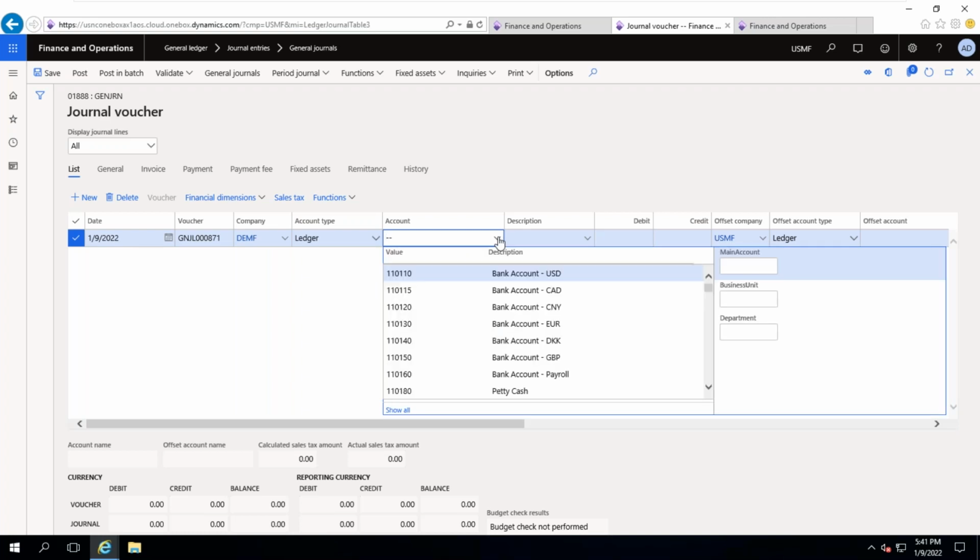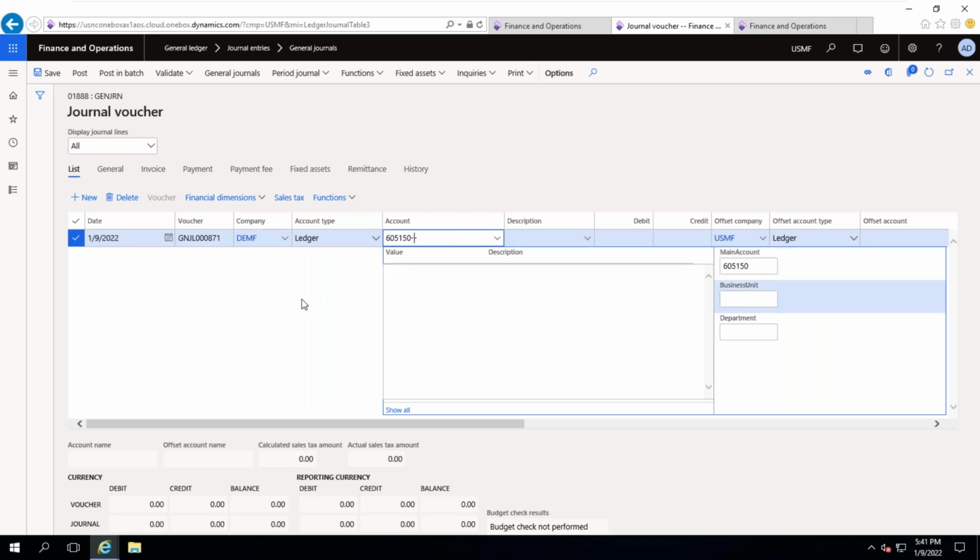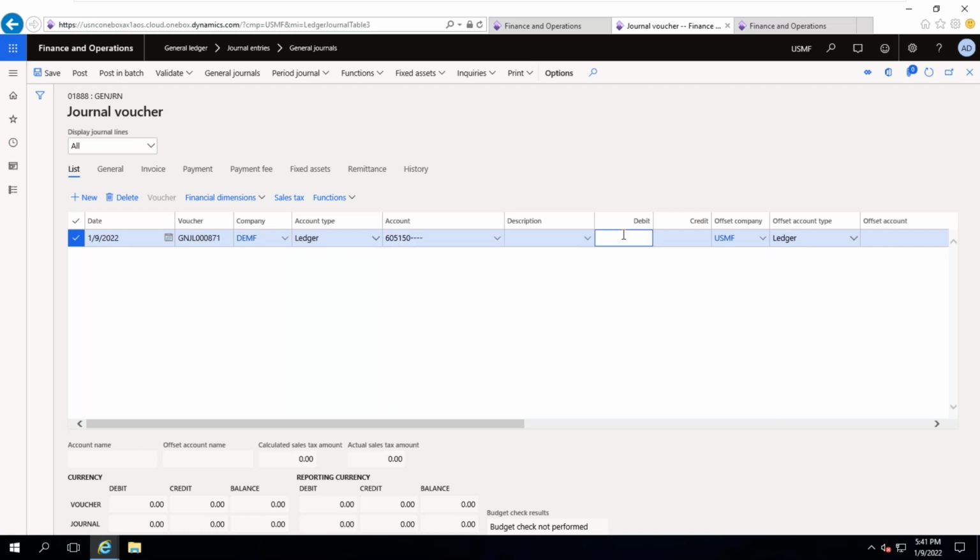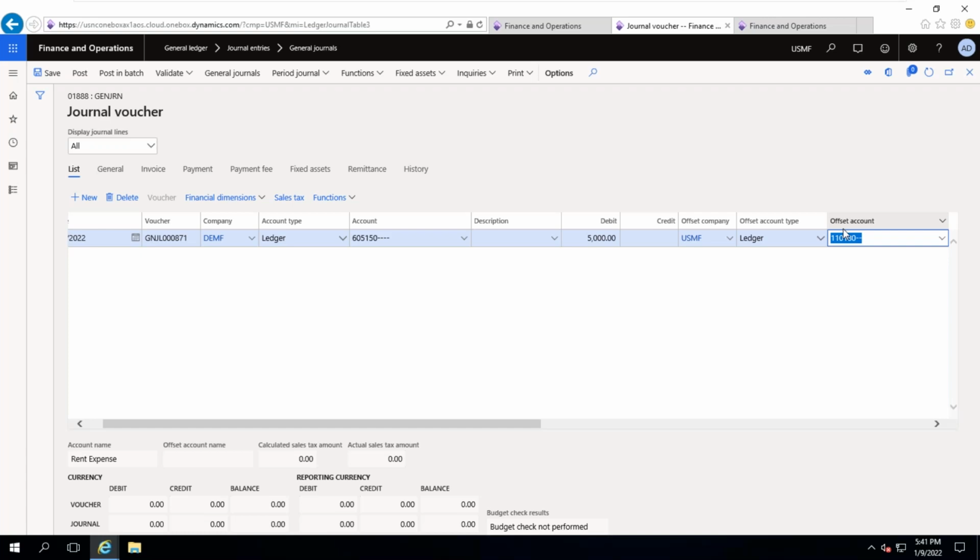Select the ledger account. Suppose I'm paying rent. On behalf of DMF company, I am paying rent expenses. Suppose 5,000, so from my cash I'm doing the payment.